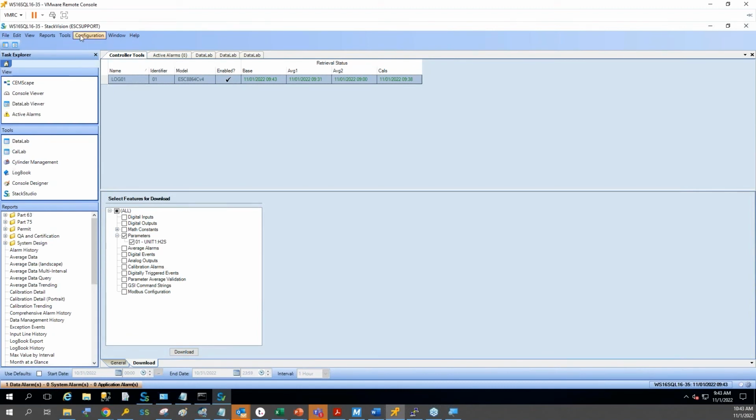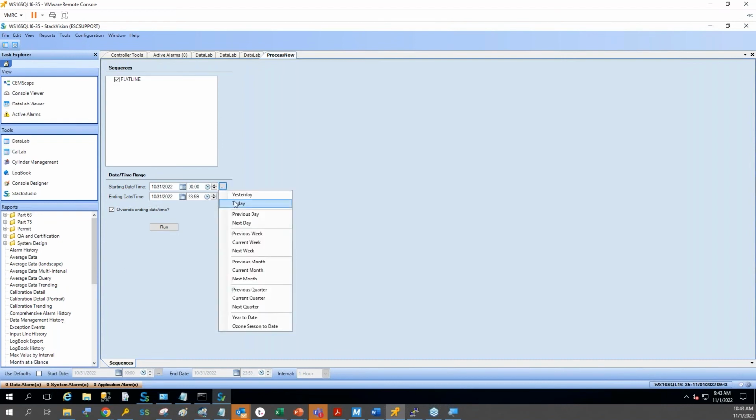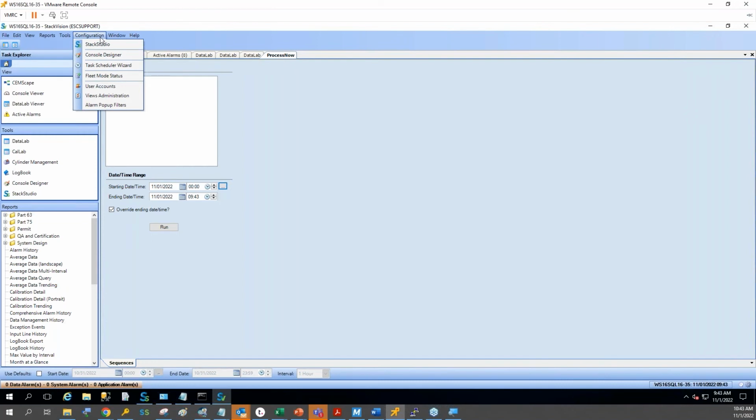All right, and I am going to go to Tools, ProcessNow, the Flatline ProcessNow. I'm going to override the date and ending time today. So if you were to have this ProcessNow task scheduled, you could do that just under Configuration, Task Scheduler